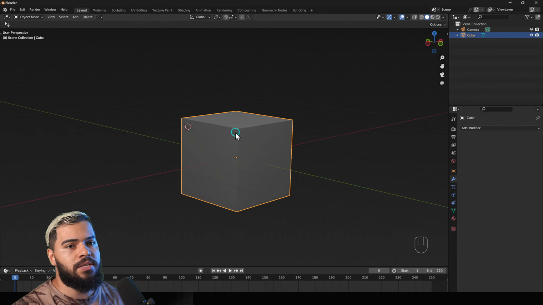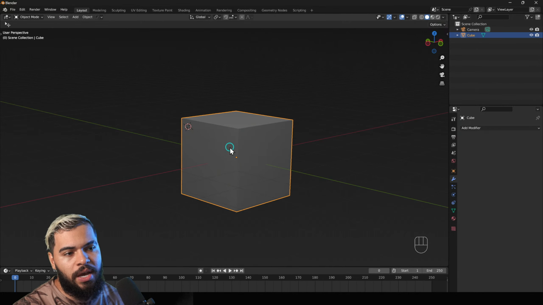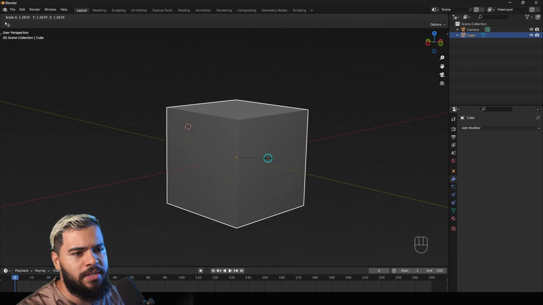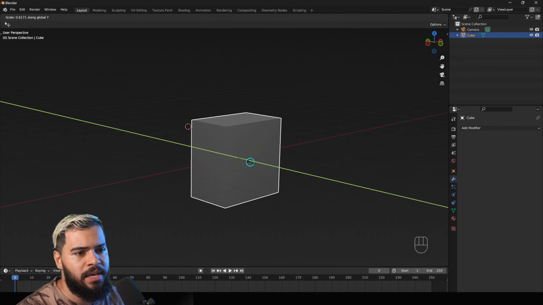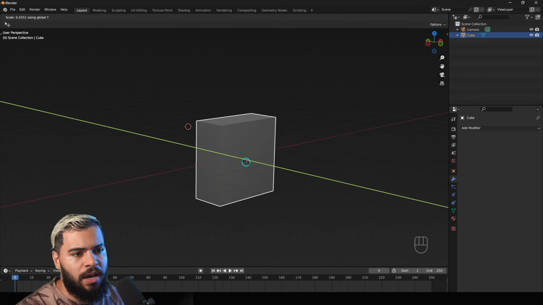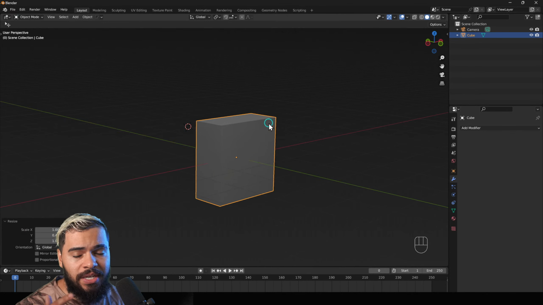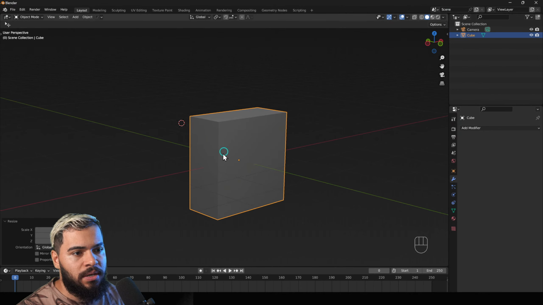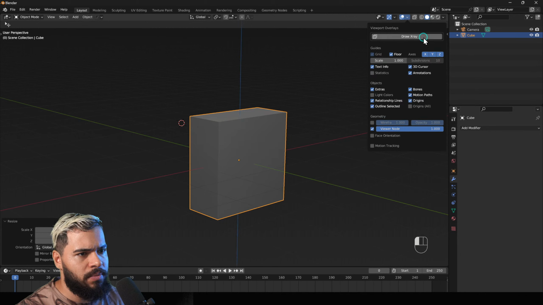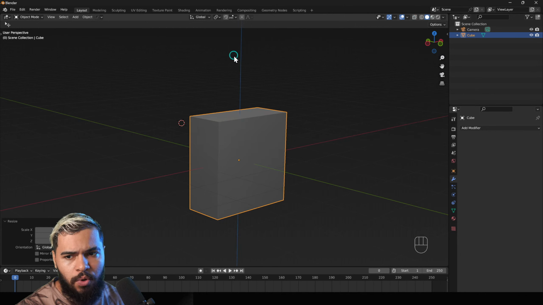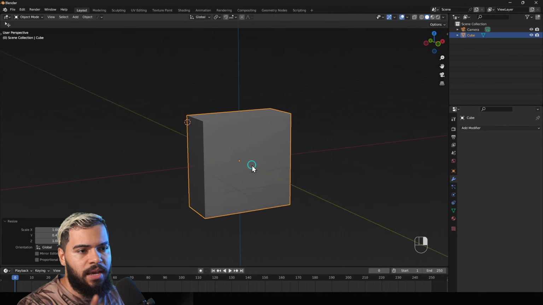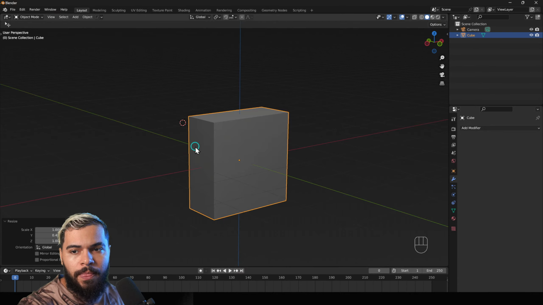Why am I saying that? Because if you want to resize this cube, I will press S now, and you're going to see that it's resizing in general. If I press Y, it's going to resize along the green Y axis. As you can see, 3D is more complex because you usually have X, Y, and Z. Z is the blue one, which is going to be the top. The X is the width, and the Y is the depth, okay?